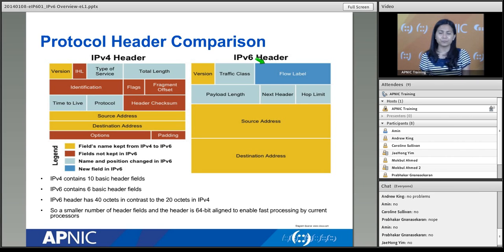For example, you have data, you have voice, maybe you have streaming or video. So which ones do you prioritize next? If you want to prioritize video and also maybe voice, then you create a flow for each of them and then assign priority as necessary. Okay, so just to recap what we've discussed for this one, in IPv4, how many headers do we have? We have 10 basic header fields. IPv6 is a lot simpler.